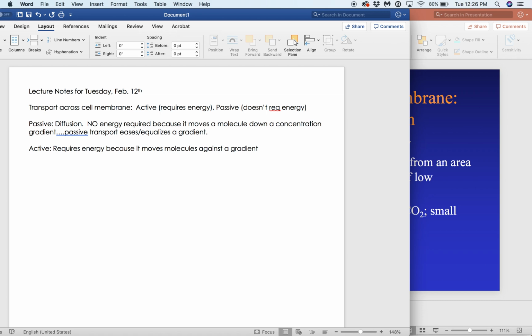So it's like concentrating molecules. It takes energy to concentrate molecules, and you guys can't see me making motions at my laptop for concentrating, but going from an area of low concentration to where a molecule is of high concentration, that would be active transport, and that costs energy. So an example of this, the group